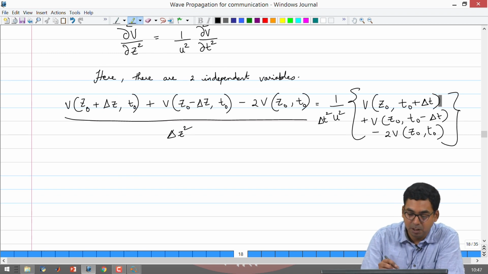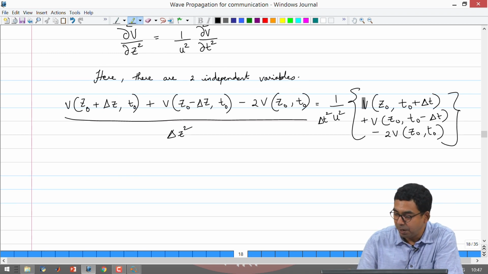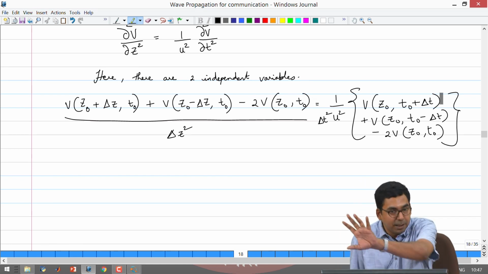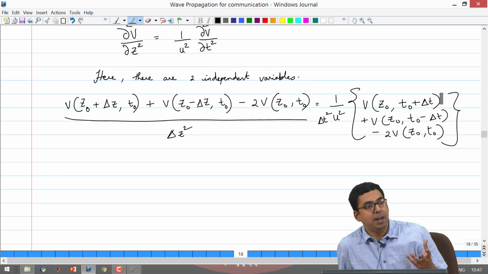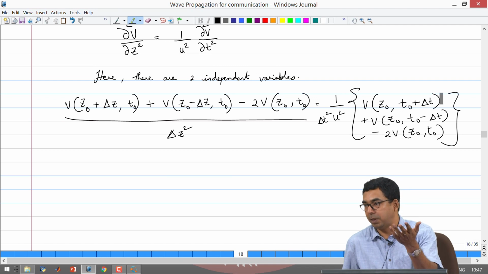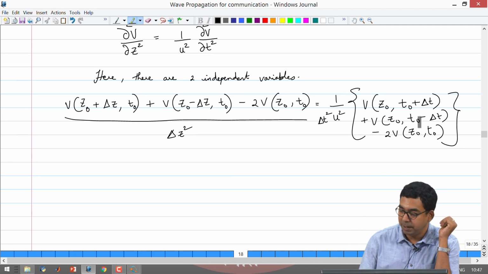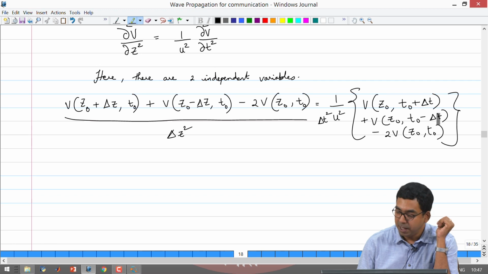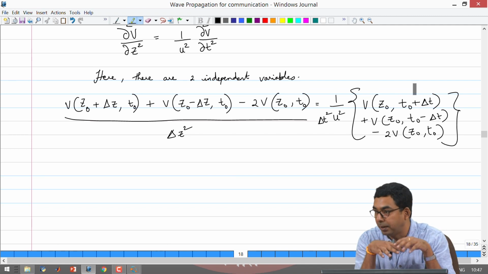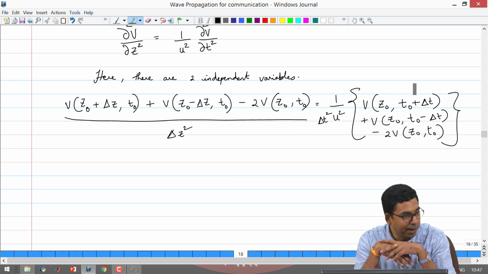So, from this equation what you are supposed to do is take V of z naught comma t naught plus delta t on one side, all the other quantities on the right side. If all the other quantities are known, then you will be able to estimate the value of the voltage V at position Z0 at the next instant of time. So, we are saying that if the past values T naught minus delta T is known, if the current value of voltage at T naught is known, then you will be able to estimate what is T naught plus delta T. It requires a rearrangement, alright, and then once you rearrange, you will need to plug in a few values, right.